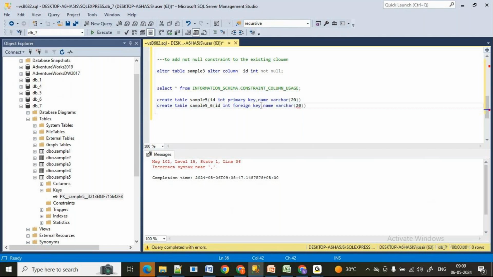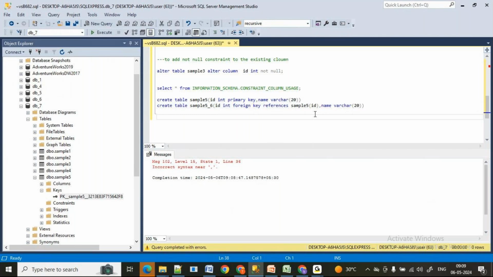So id int foreign key references. Don't try to take reference, it will show an error. Take references. So what is it referencing? Table name, you have to take sample 5 of id.